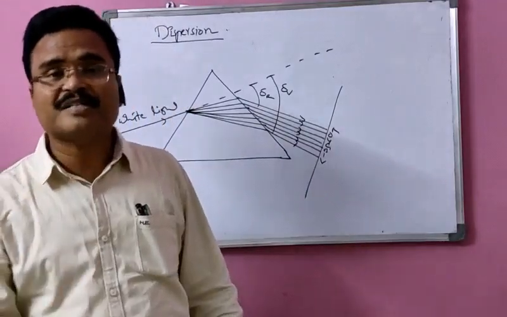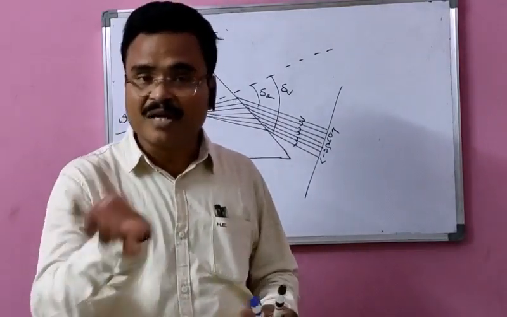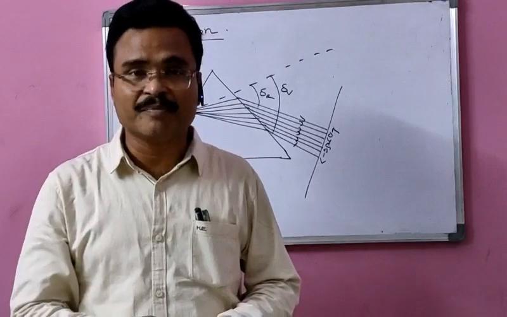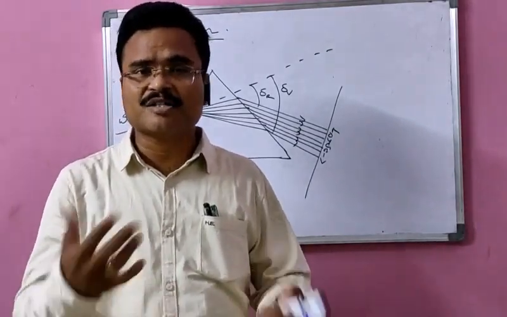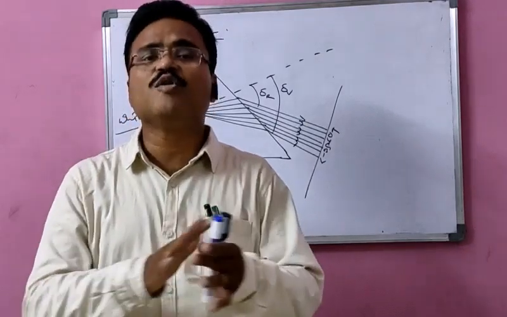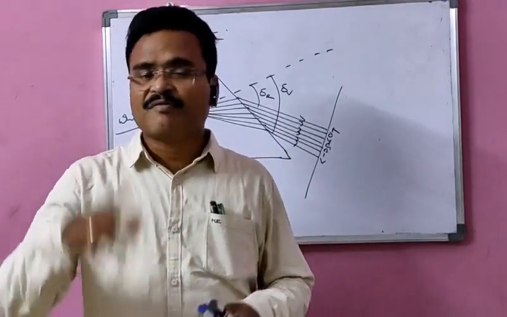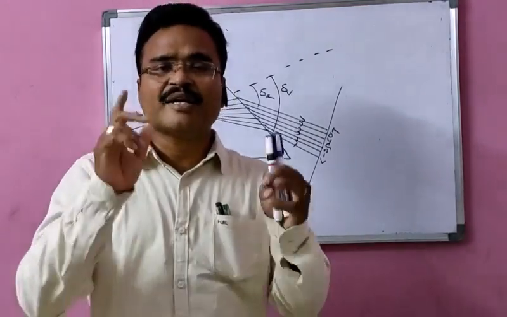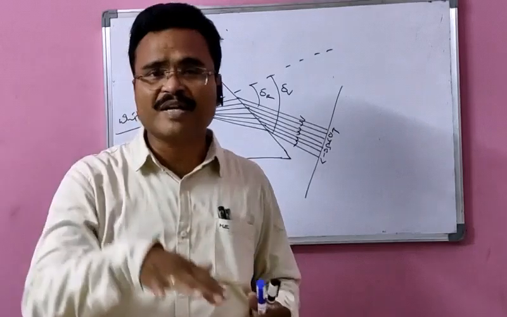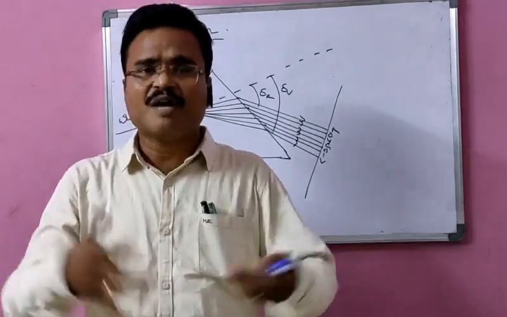So remember, the rainbow always forms before 11 a.m. and after 3 p.m. only. So if the rain occurs even at 12 or 2 p.m., you won't get any rainbow, because for a rainbow to appear, the sun rays must be slanting. So a rainbow forms before 11 a.m. and after 3 p.m. only. How does it form?